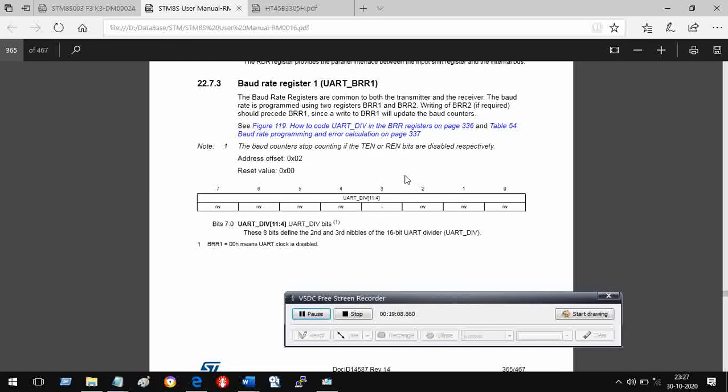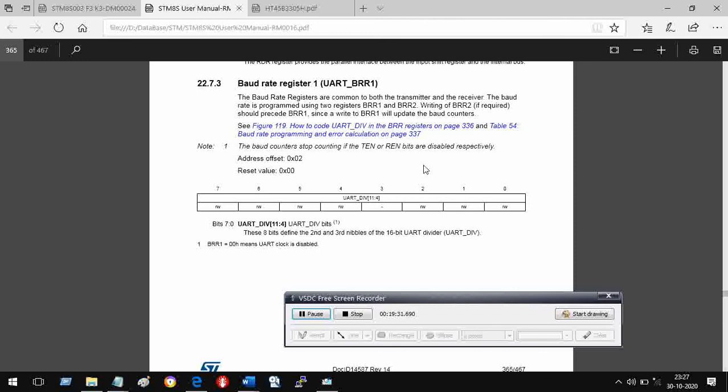We have seen that there are two registers for baud rate, UART_BRR1 and UART_BRR2. The baud rate registers are common to both the transmitter and the receiver. The baud rate is programmed using two registers, BRR1 and BRR2.